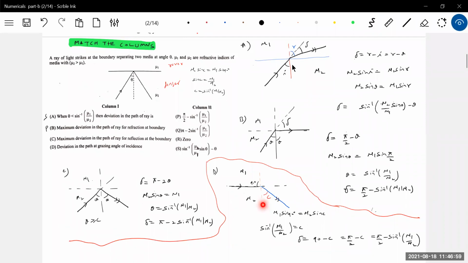So you are not sending along the normal. No, this is a normal. For normal, you define with respect to normal. This is a boundary. The ray cannot go like this. If this is the incident ray, this should be the refracted ray. No, you applied the principle of reversibility of light. So you can think like this also: if this is a critical angle, this will be the grazing emergence. So from the principle of reversibility of light, you can bring it in this way. Same, no, both are. I have shown it in a different way here.